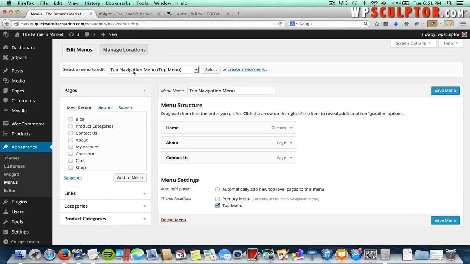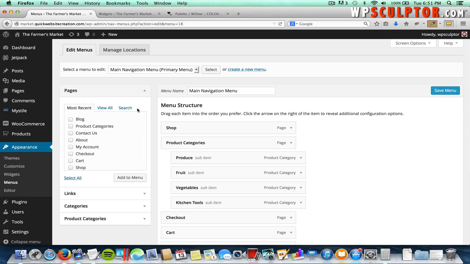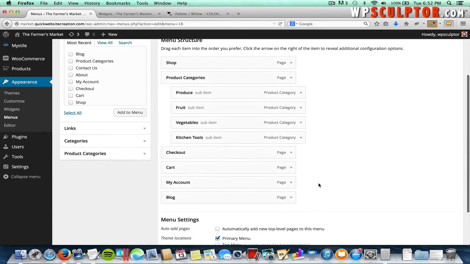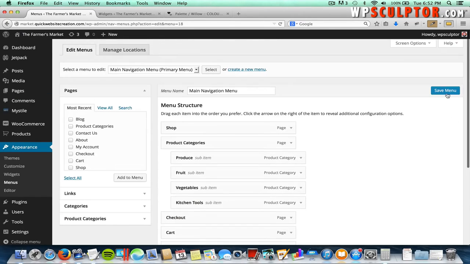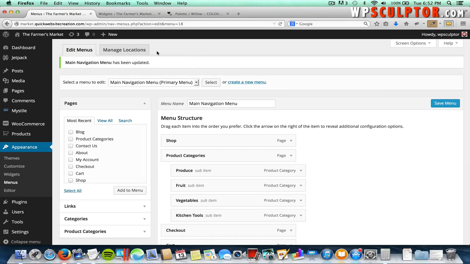And we'll select the main navigation menu at the top and click on select. And then click on the box next to blog and click on add to menu. Scroll down and we'll just leave that at the end of our menu. That'll be fine. And then click on save menu. Now if we view the front end of our site and click on the blog page,